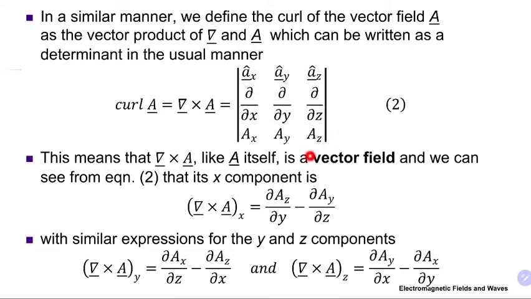And then the third row is the coefficients of the vector field A, which is A sub x, A sub y, A sub z. Just recap, your del is